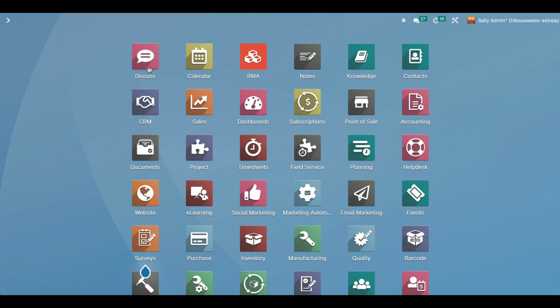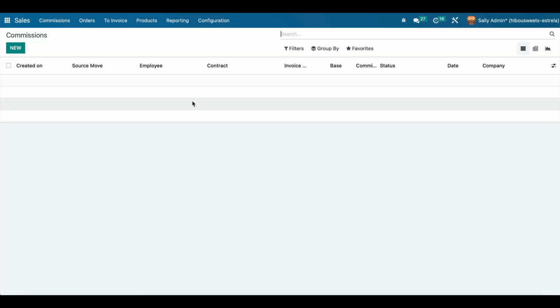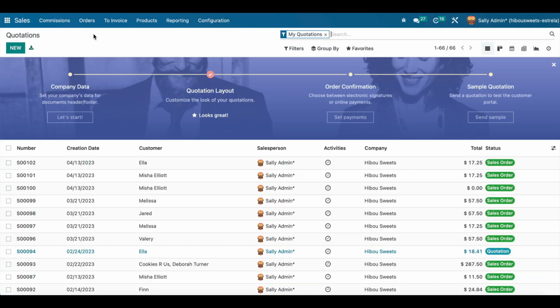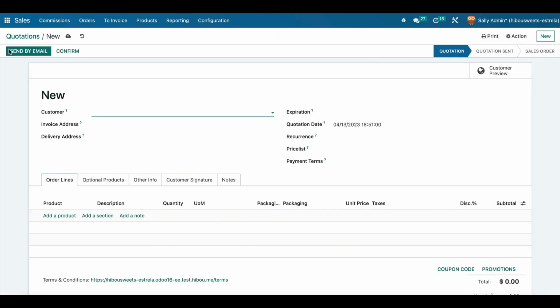To get started, we're going to click on the Sales app in our Odoo dashboard. We're going to go to Orders and click on the Quotations tab. Here we're going to click on the New button, and it's going to take us to this dialog box where